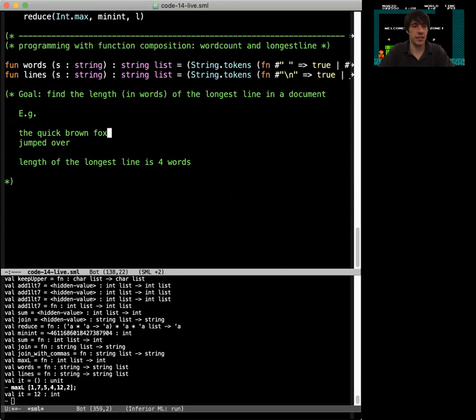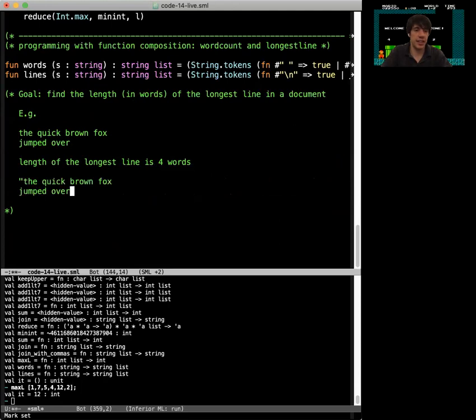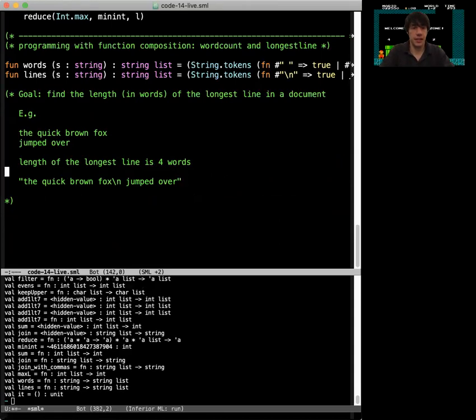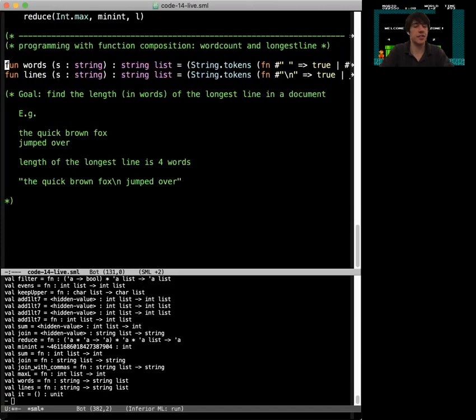Well, this line has 4 words and this line has 2 words. In SML, we'd write this as the string value that gets printed like that, with a \n in the middle of it. So up here, I've tossed in some library code. It doesn't really matter. You don't have to read what the library code does, but the point of words is that